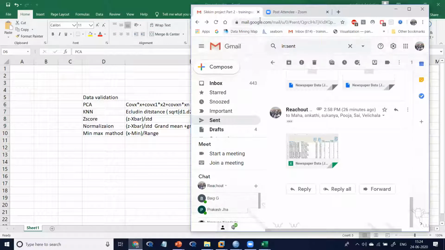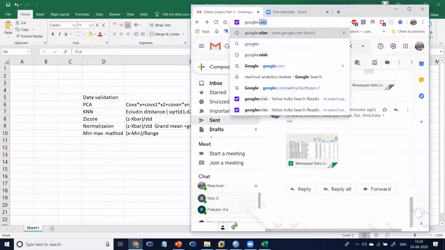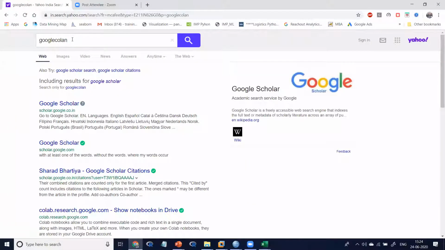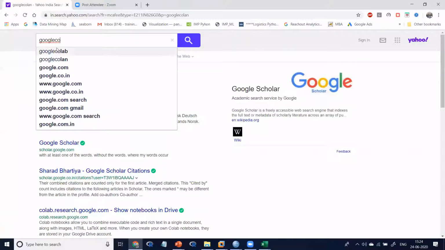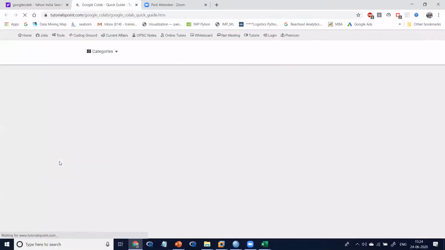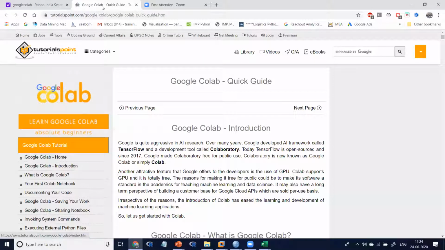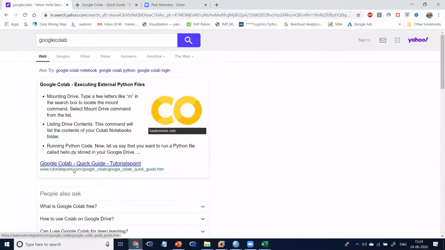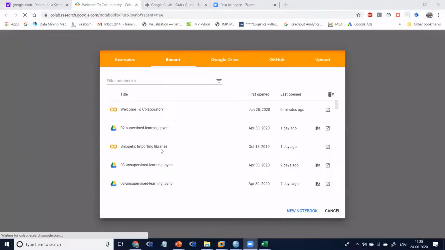Come to Google Colab. Google Colab is one more platform for machine learning. TensorFlow is there. I will show one real data, how it looks. I'm showing Python.